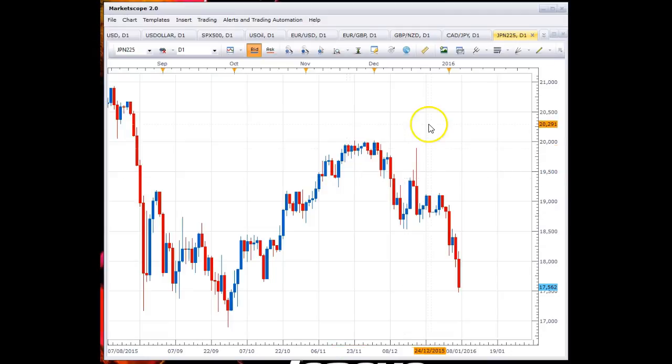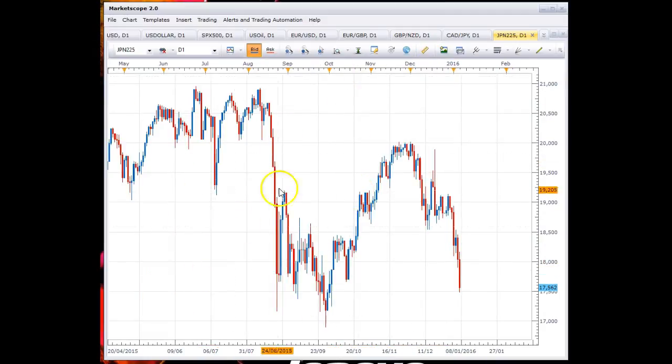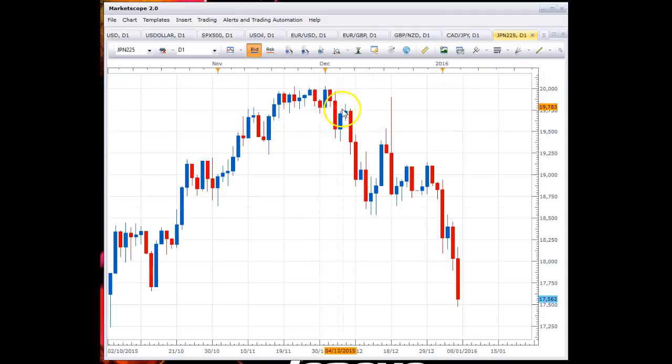So if the indexes are going down, they're representing the stocks of many companies all over the world: Japan, and companies that invest in Japan, the United Kingdom, and companies that invest in the United Kingdom, United States, and so on. So these are big market players, and these indexes have a lot of money on them. So once that money starts moving south,